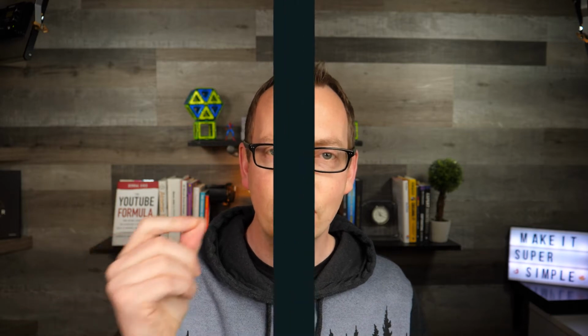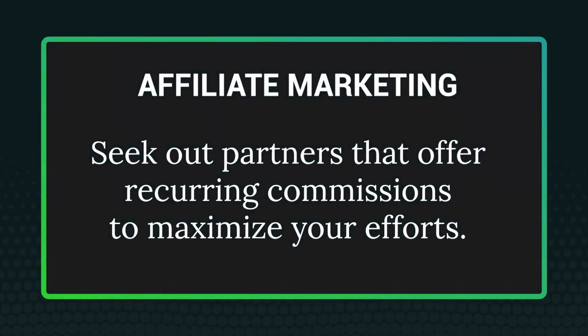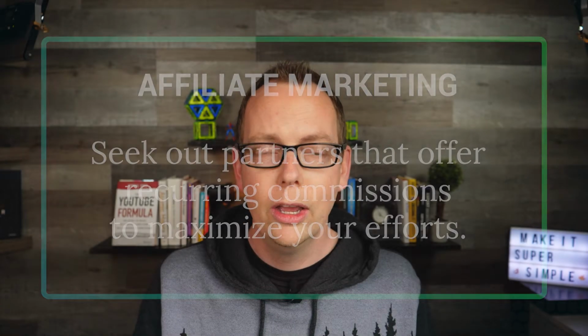More on that later. When it comes to affiliate marketing, one of my personal favorite approaches is software as a service companies, also known as SaaS. They often have recurring subscriptions, and a lot of them you might actually find have recurring commissions that go alongside the lifetime of that subscription. This can be a great way to build recurring revenue for your creator business.